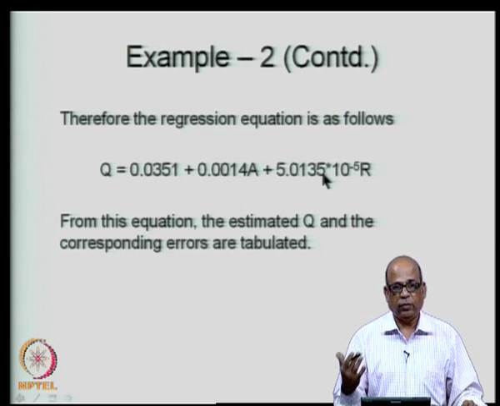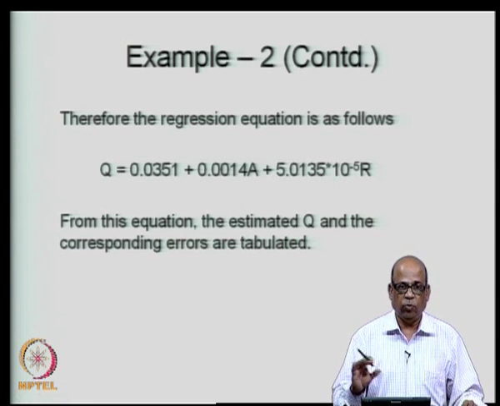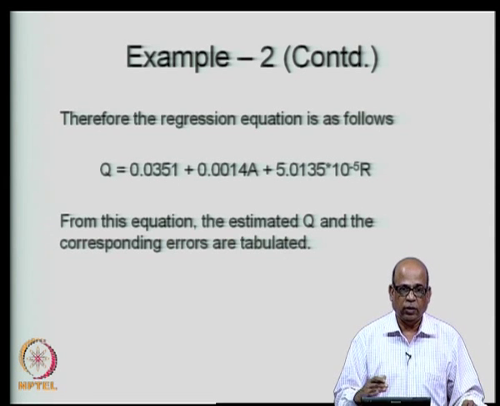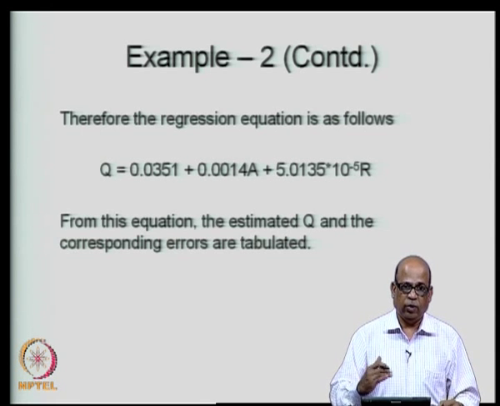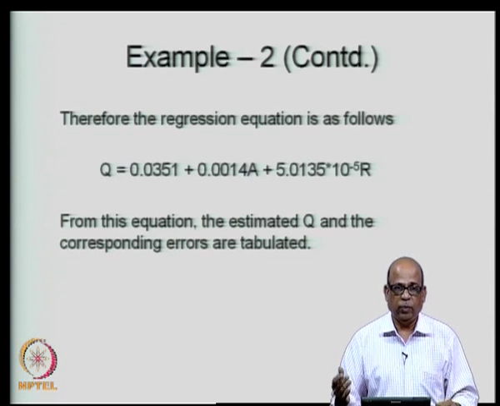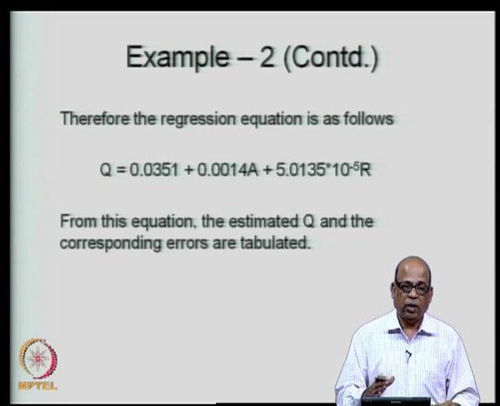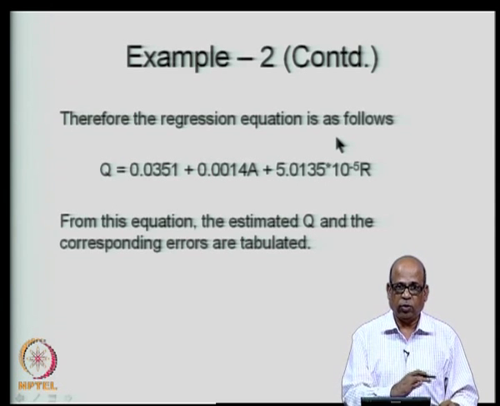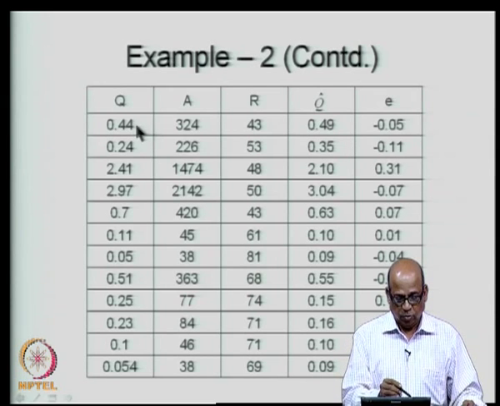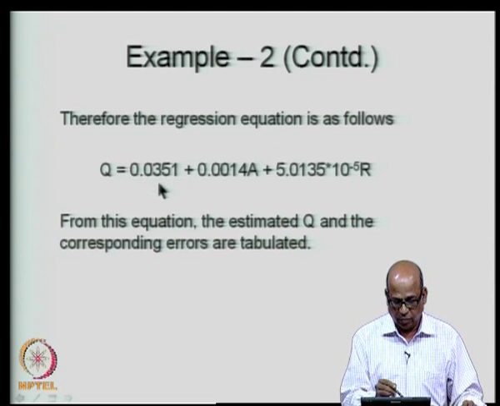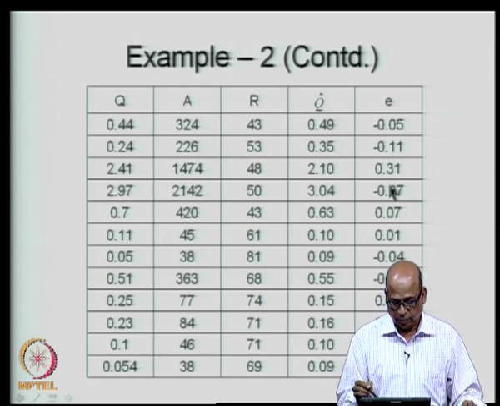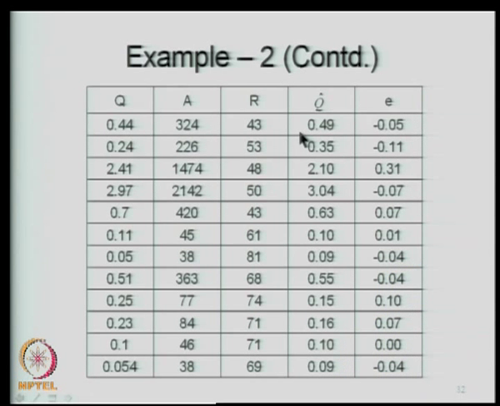Now, I want to examine what kind of errors we are getting and so on individually. Although remember, when we apply the regression equations, we are interested in overall error, and that is why we are looking at the best fit, which minimizes the sum of squared errors. But let us also apply this equation for the actual data and then see how much error we are getting. So, this is the observed value and this is the predicted value. By predicted value I mean I apply this equation for the given a and r and get the predicted value, and these are the errors. So, this is the type of error that I get if I use the expression that we just derived